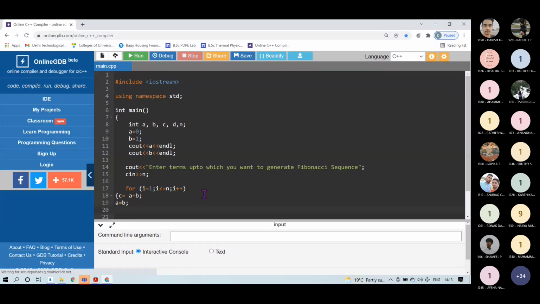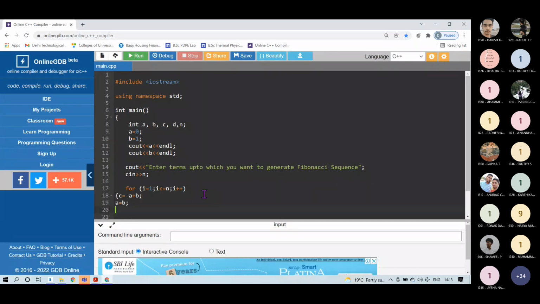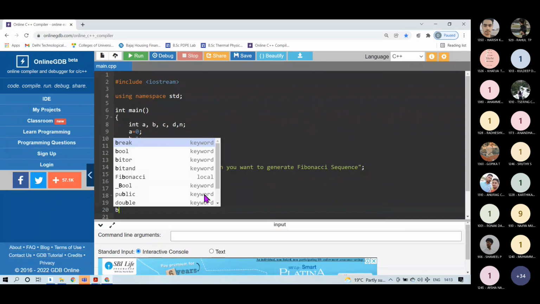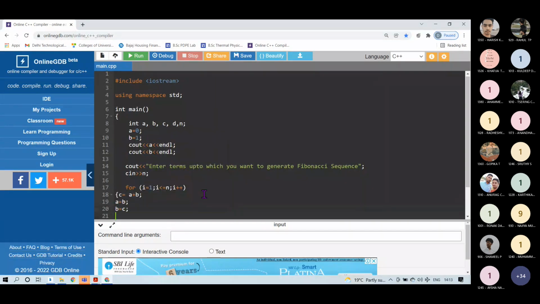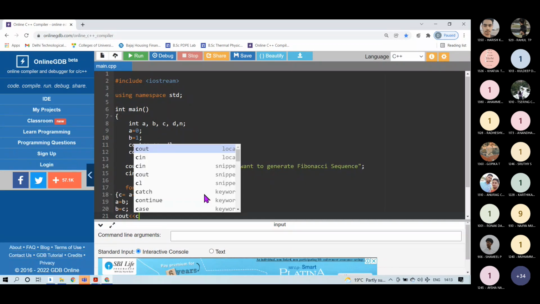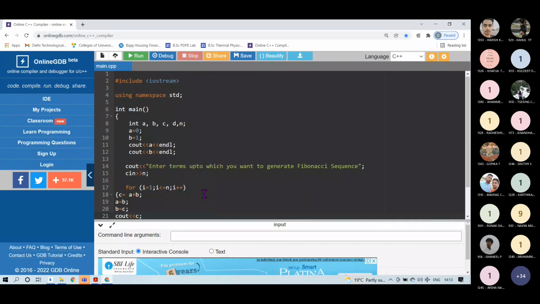Similarly, I will assign the value of c to variable b, which can be done by b is equal to c. Okay, and I will take print of this value c. And I will change the line, of course, for after each iteration I want to change the line.